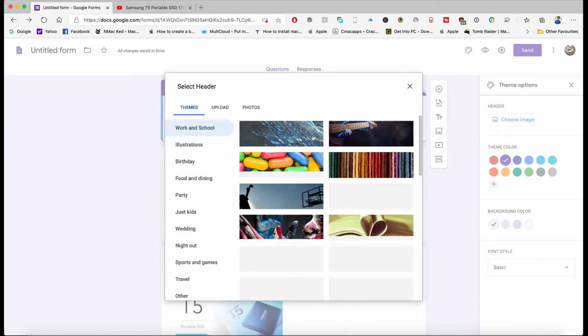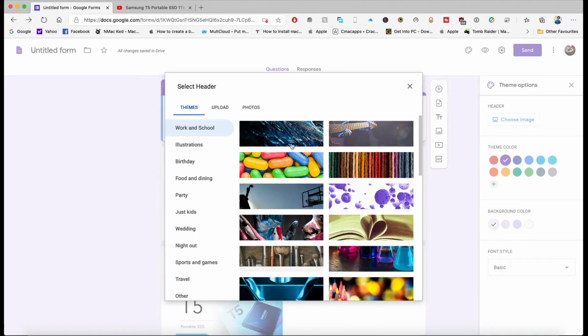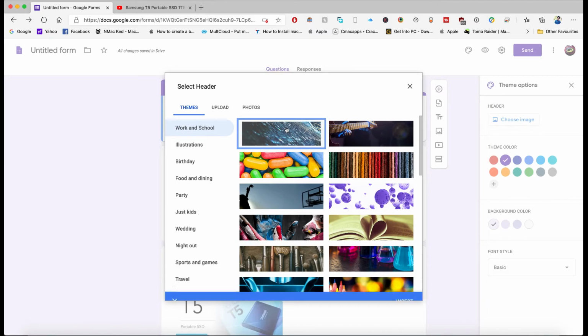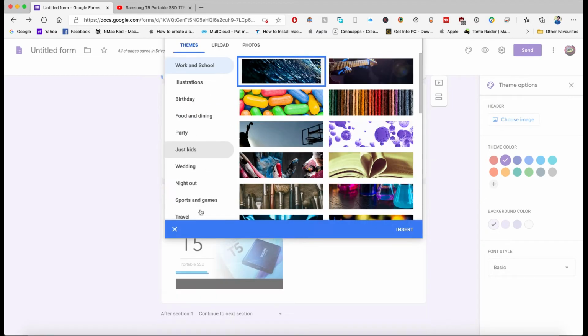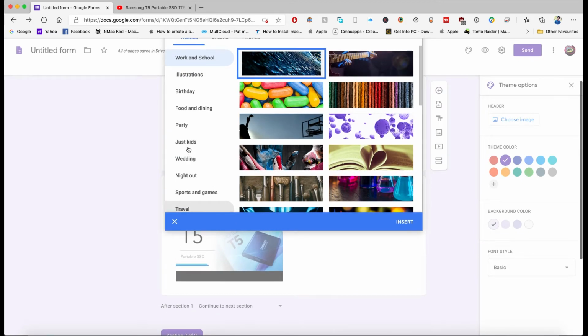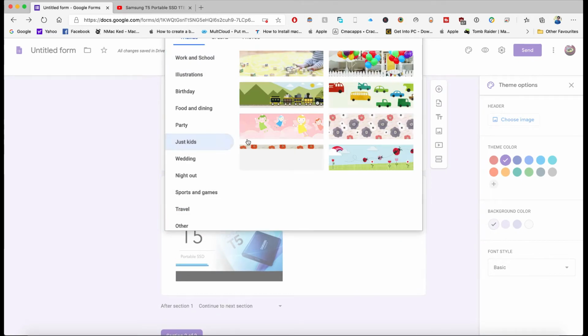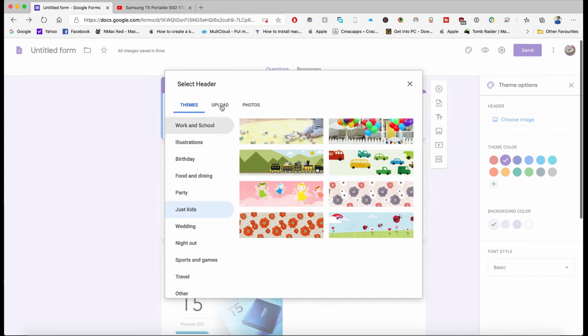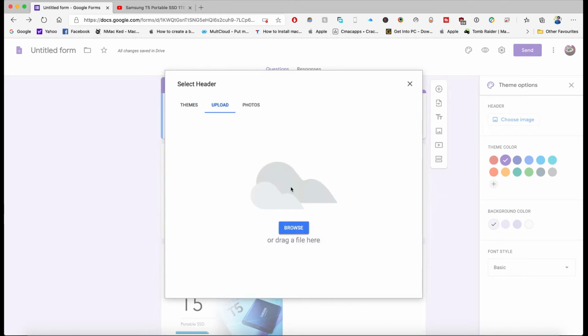Google has given default images available on the internet based on categories. Different categories are there. You can select any category, whatever topic. Otherwise you can upload your own photos. You can drag and drop on this window, otherwise you can browse from here.